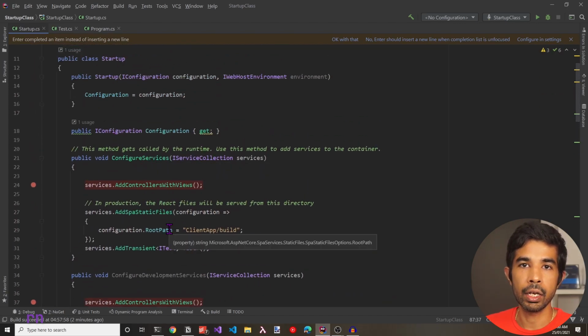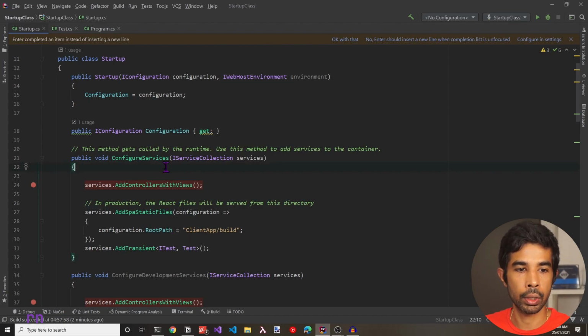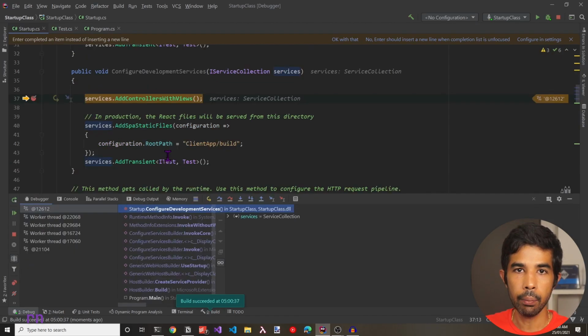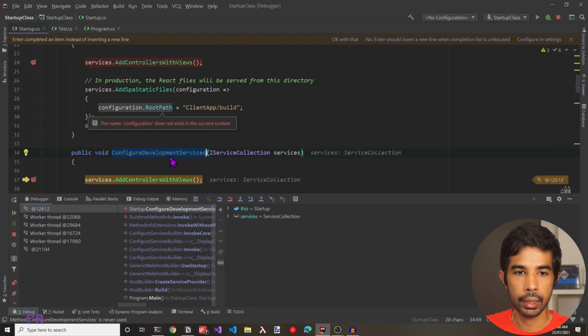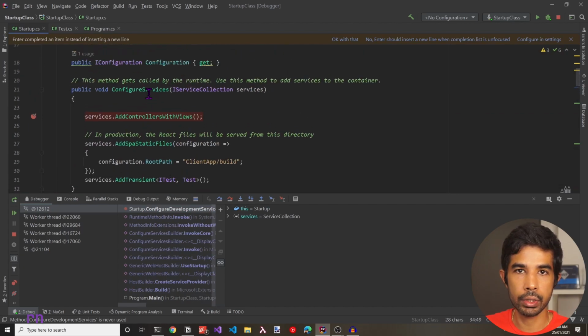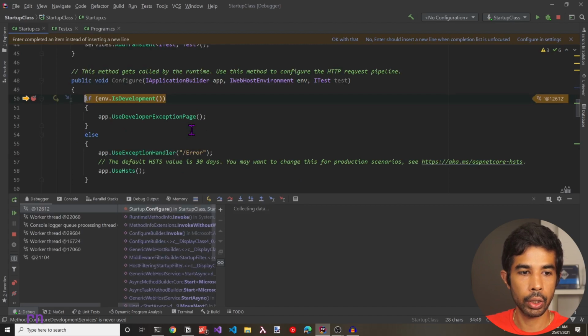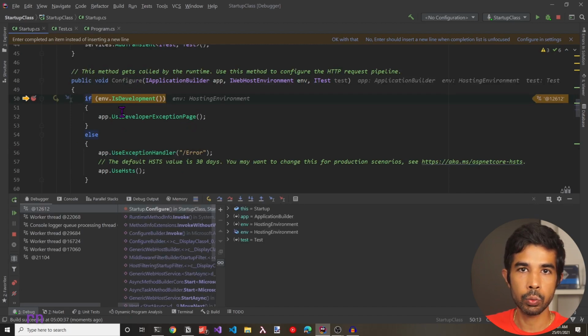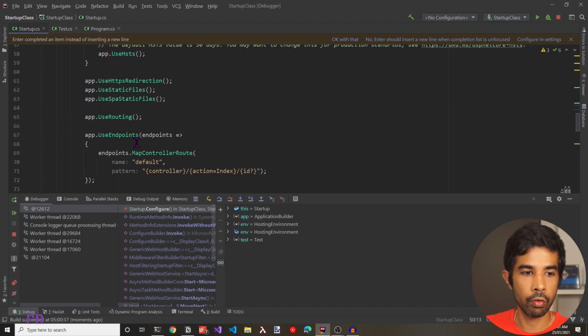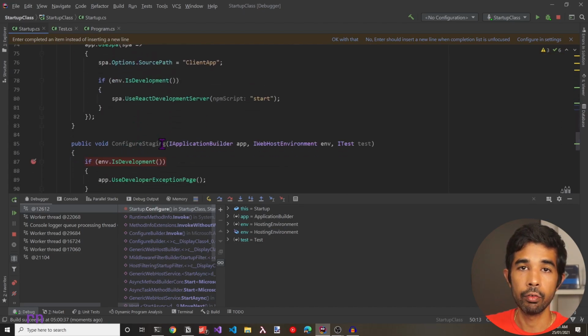Basically, you would use these environment-specific configure methods if you have different configurations and services that need to be registered based on your environment. Let's run and see how this works. So pressing F5, this time it hits the ConfigureDevelopmentServices first because this takes precedence over the ConfigureServices method, because this is specific to the environment that this is running on. Now, if I resume the execution, it hits the Configure method because that is what is taking precedence here, because ConfigureStaging is not applicable for this current environment.